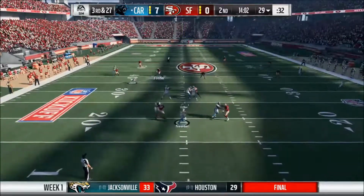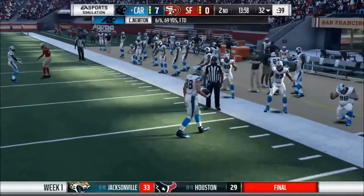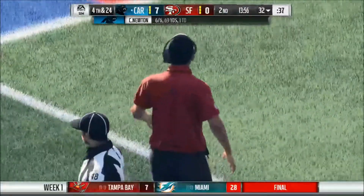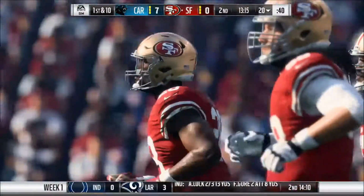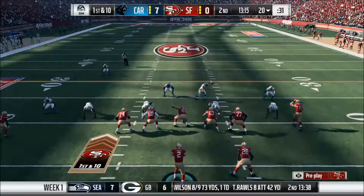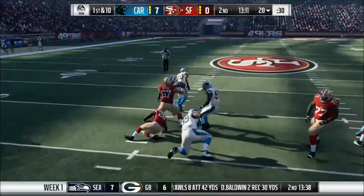Newton's going to pass. Just throwing short. That's caught by Olsen, and he goes down quickly. So the 49ers catch a break with a couple holding penalties. And they're able to get their offense back on the field. Here comes Carlos Hyde. We'll see if he can make an impact on this drive. And the handoff will go to Carlos Hyde on the first play, and Hyde able to pick up 6 yards